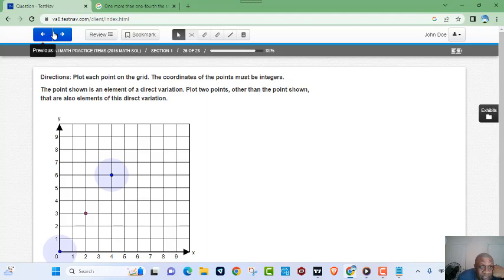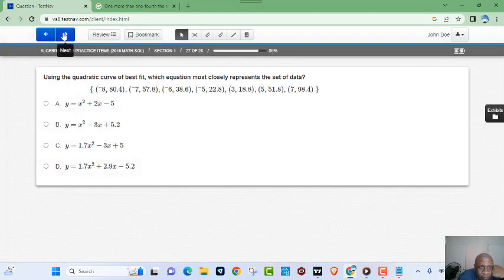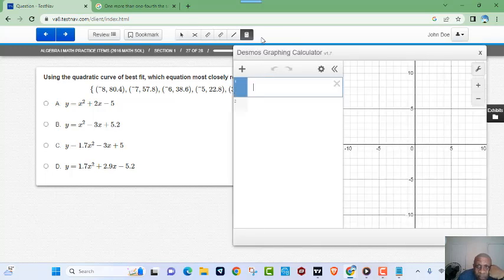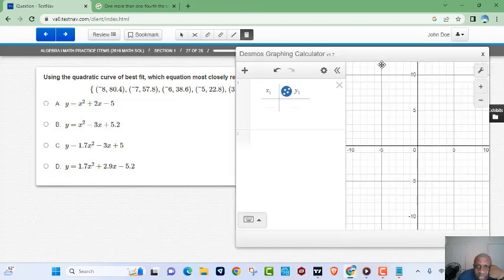Okay, let's look at the next one, 27. Using the quadratic curve of best fit, which equation most closely represents the set of data? All right, so let's pull up our Desmos here. We're going to go to add item. We're going to add a table. So it looks like